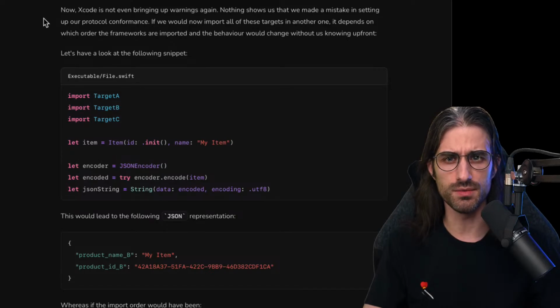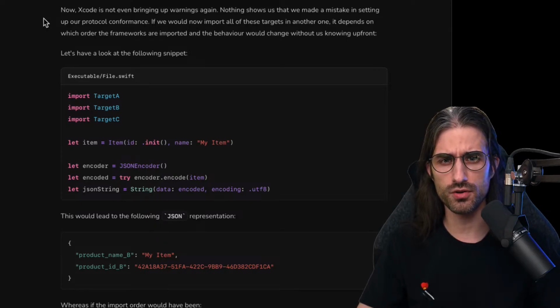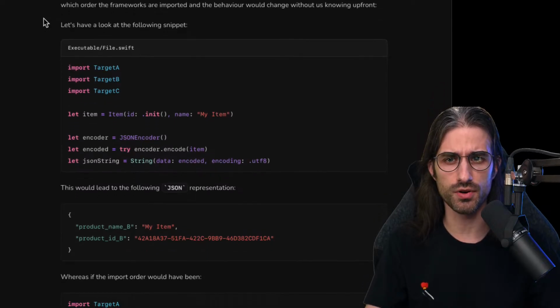Now Xcode is not even bringing up warnings again. Nothing shows us that we made a mistake in setting up our protocol conformance. And if we would now import all of these targets in another one, it depends on which order the frameworks are imported, and the behavior would change without us knowing upfront.